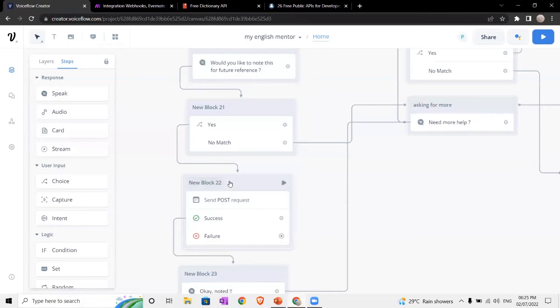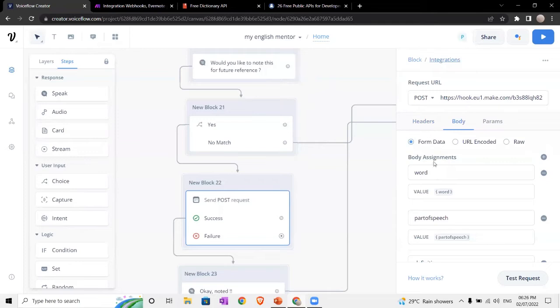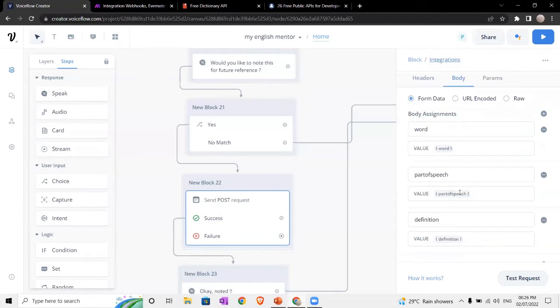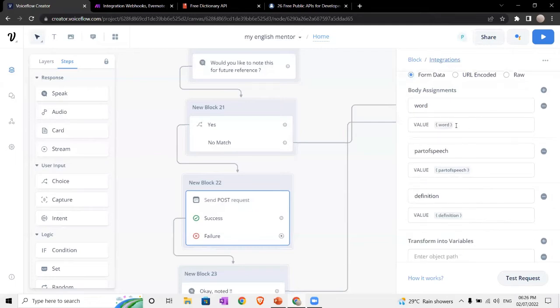So in this API block, the type of request we are using is a POST request. Just for now, don't go into the details. I'm just telling you so that you remain aware. And these are the things which are sent as a part of the request. These are the pieces of information which are sent to app number 2, which will be offering help to